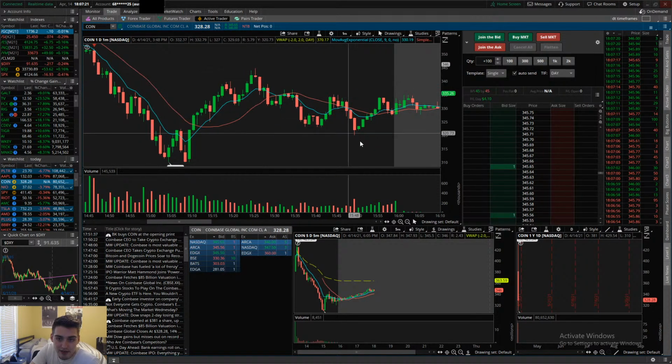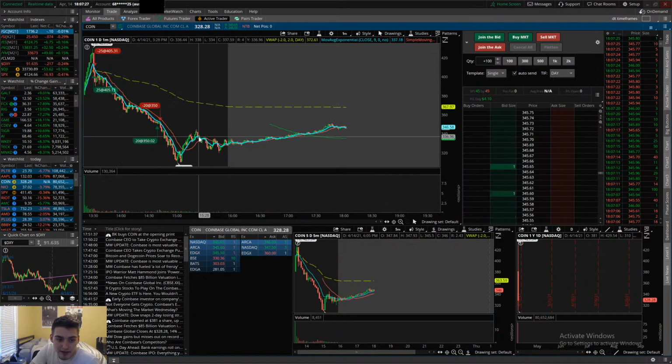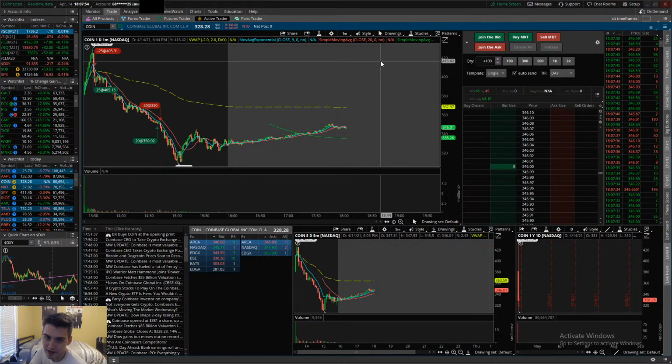And then it rallied nicely back up to 345, and now it's back up at 345 again, despite pulling back a little bit before the close. So I think this one is going to be low volume from here on out. Tomorrow maybe there could be a bounce on it. It's already bouncing a little bit, but honestly, I think this one has farther to drop. If I'm going to be perfectly honest, I think Coinbase is certainly not a $425 stock,